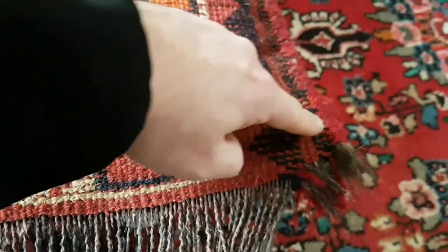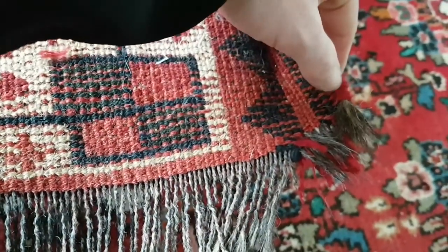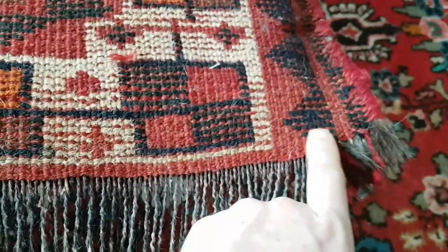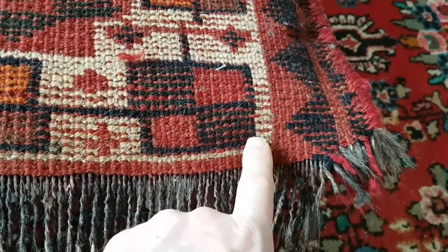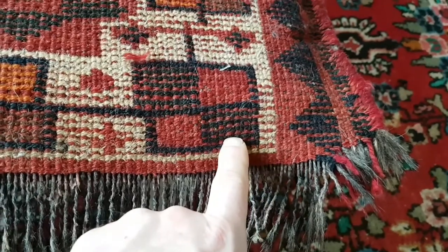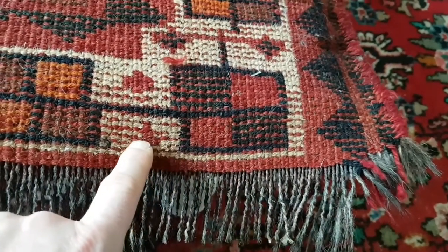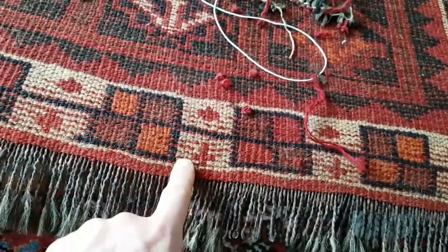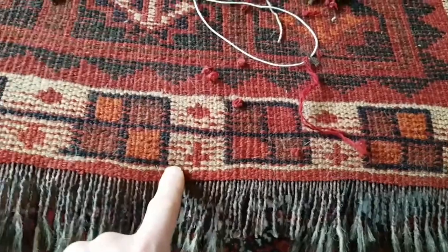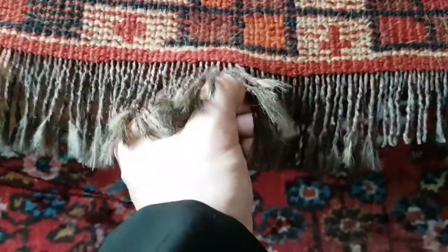But I need to get back to wherever the damage stops. So about here, the damage stops. So I'm going to have to come down to at least, where does that run? I may pick up that second black line and then just take out all the knots. So leave that weft in right the way across the width of the rug, sorry. So I'm going to take out another, what's that, an inch worth of knots. So it's just a case of sitting here